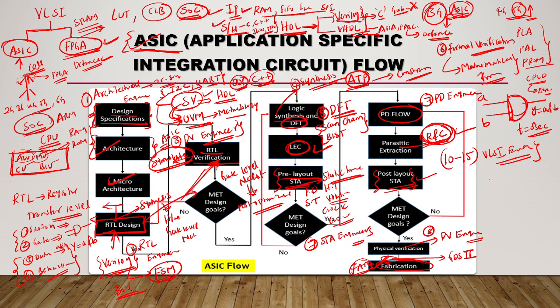Why? Because suppose you made one IC, one chip. So one chip you are using for what? A real-time application, no? So real-time application means suppose you are using it in railways, in a train or in an airplane. Let us take one example, like an aeroplane. That IC you are using in the aeroplane. Suppose any failure in that IC can damage not only the property, it can damage the lives also.